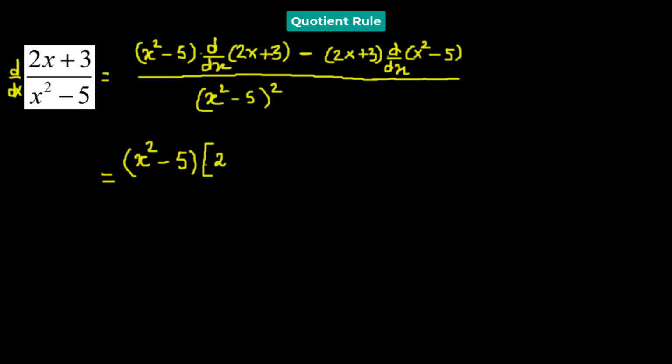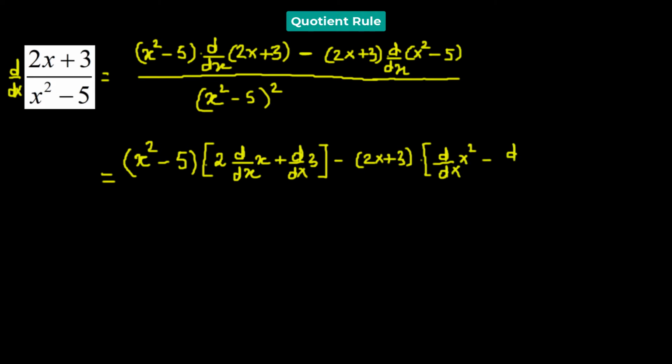So 2 being a constant, we can take it out of the derivative. So that gives us 2 times the derivative of x plus the derivative of 3, minus 2x plus 3 times the derivative of x squared minus the derivative of 5